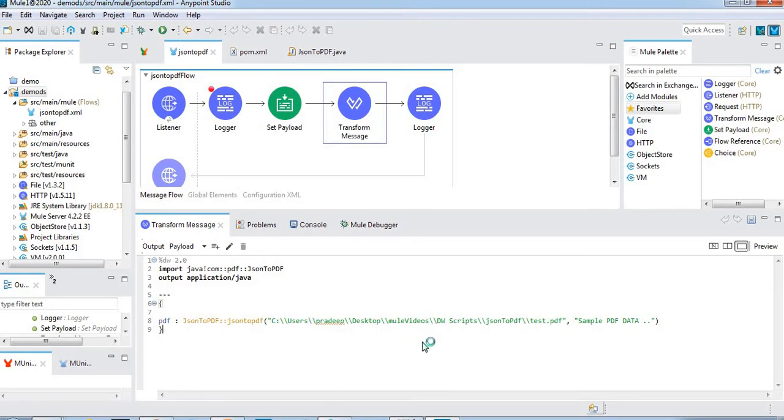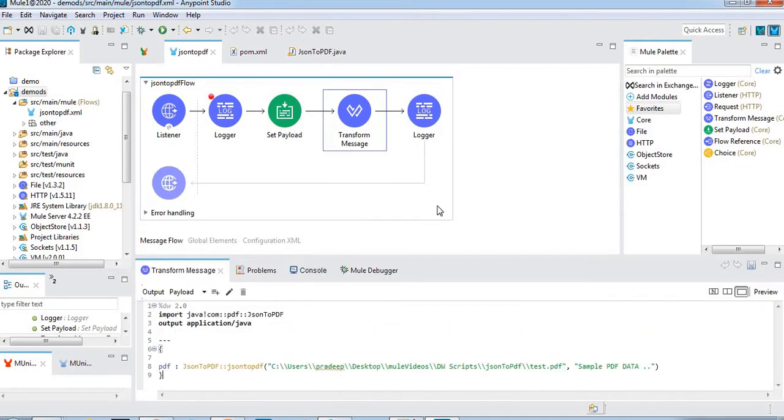In the first one we give the location where we need to generate the PDF. I have given the location with the file name and the extension. Here I have statically given some data. So I have created this flow.